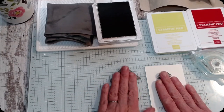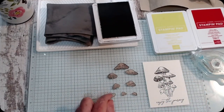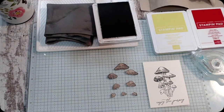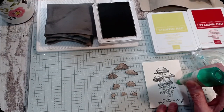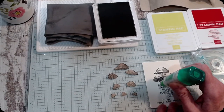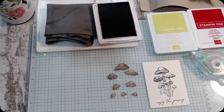So now I've got my mushrooms stamped on here in espresso. I took my crumb cake and we pulled it in half, and I stamped on the fuzzy side, and here's the mushroom caps, and now we're going to adhesive them on. I found when I was doing this before that a little bit of glue went a long way at sticking these on kind of around the edges. So I went ahead and put my adhesive on. This top one,